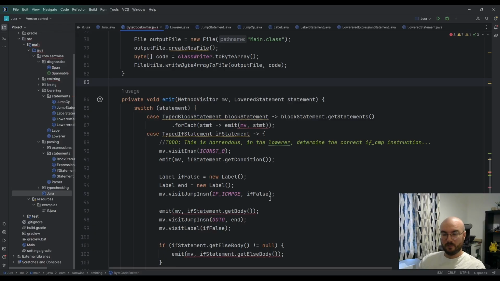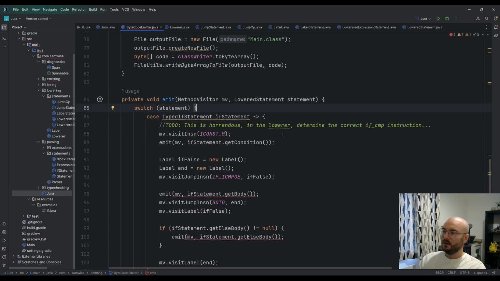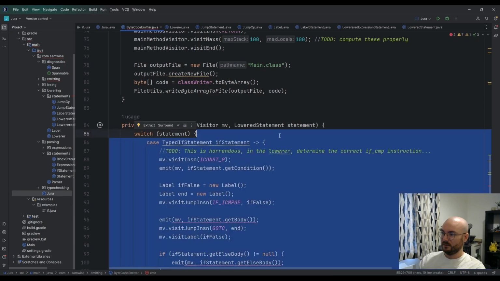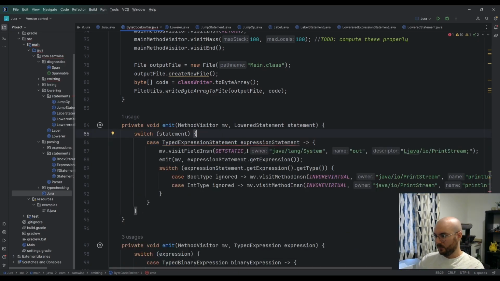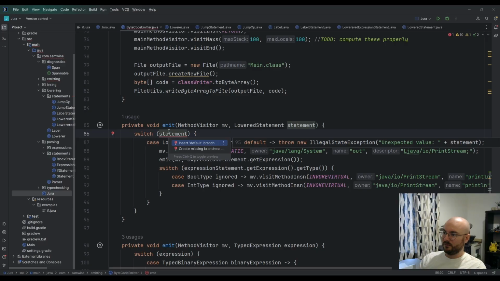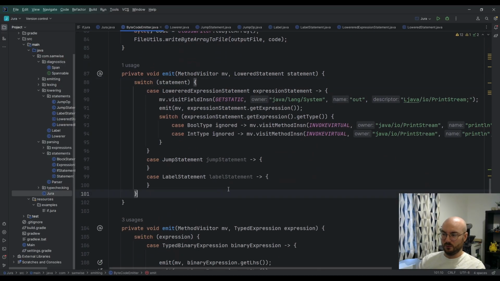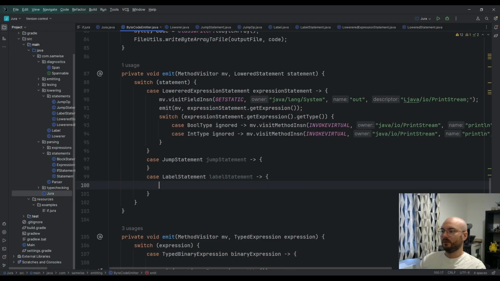So first of all, we no longer have block statements. Be gone. We no longer have if statements. Be gone. We do have lowered expression statements, which we handle exactly the same way. But now we have a whole load of new statements. And by a whole load, I mean 2. So, how do we do this? So we now have state across different branches. So for the label statement, we want to kind of get the label,